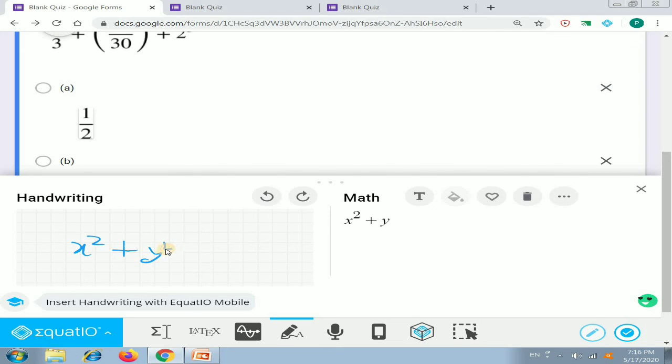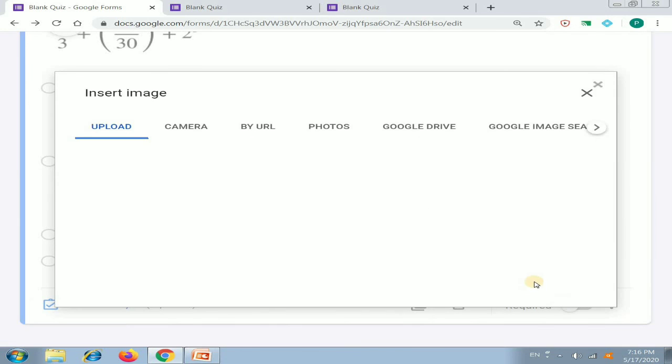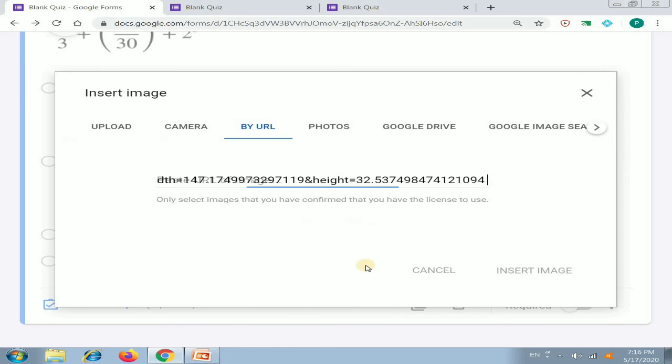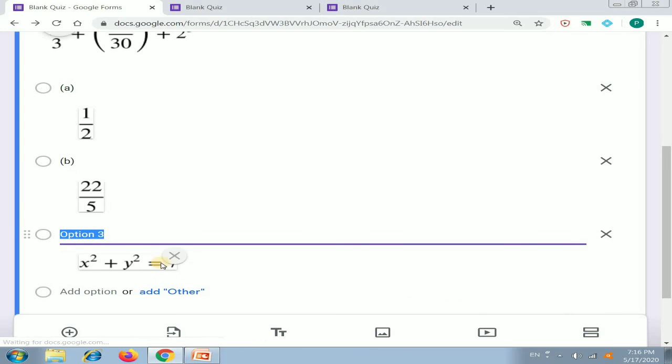So x square plus y square is equal to 7. So we can see there are different methods to insert. Now we have created the equation. Now we can insert math. Click it. It will create the image and insert it in option number 3.